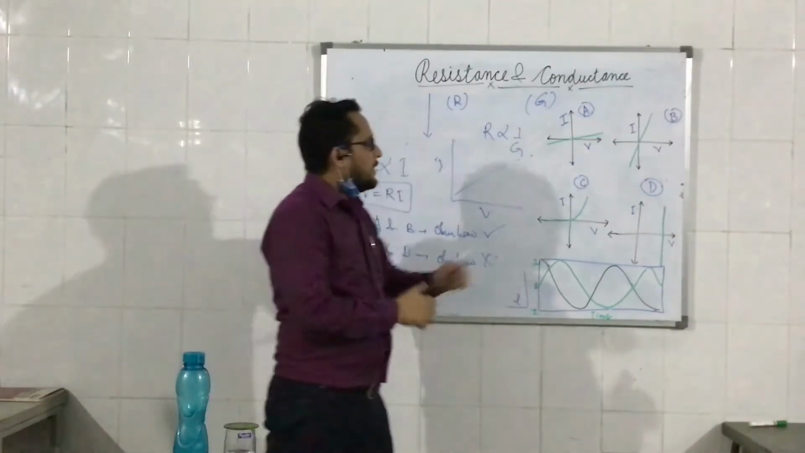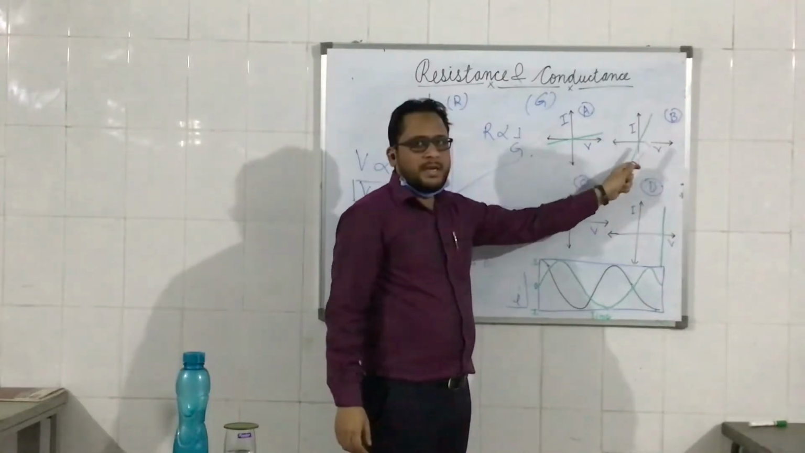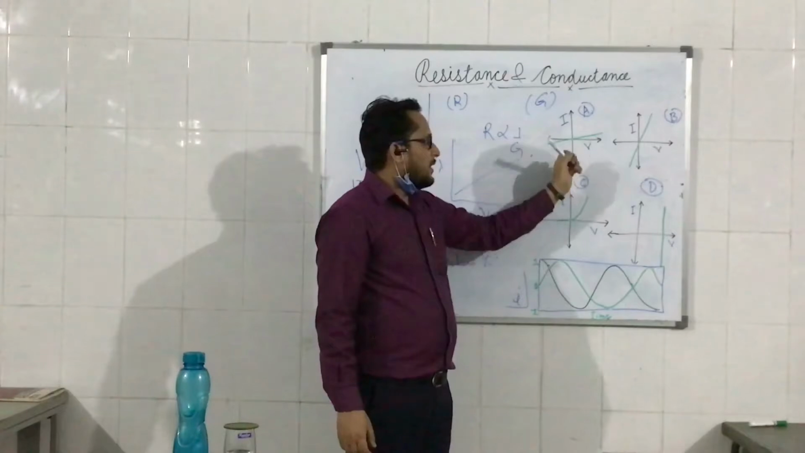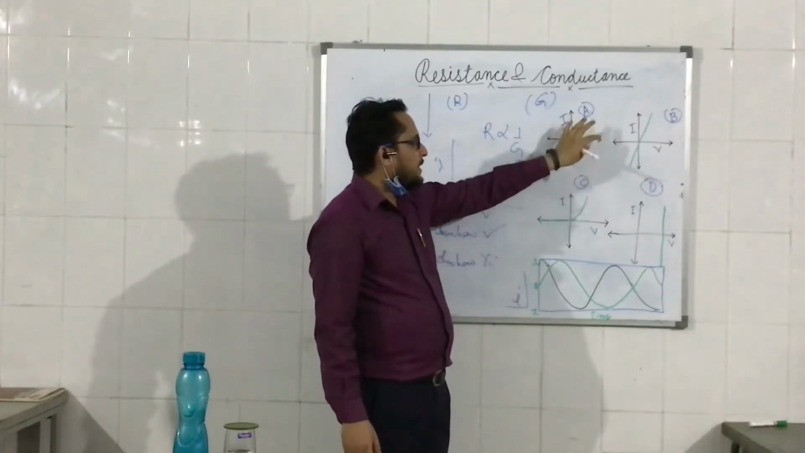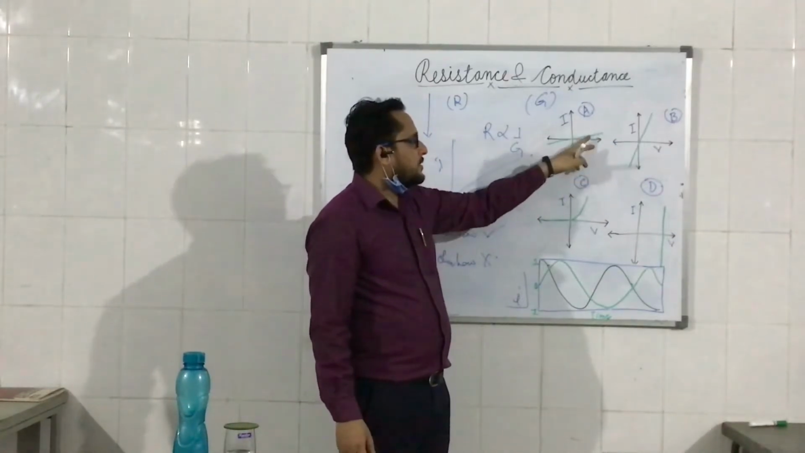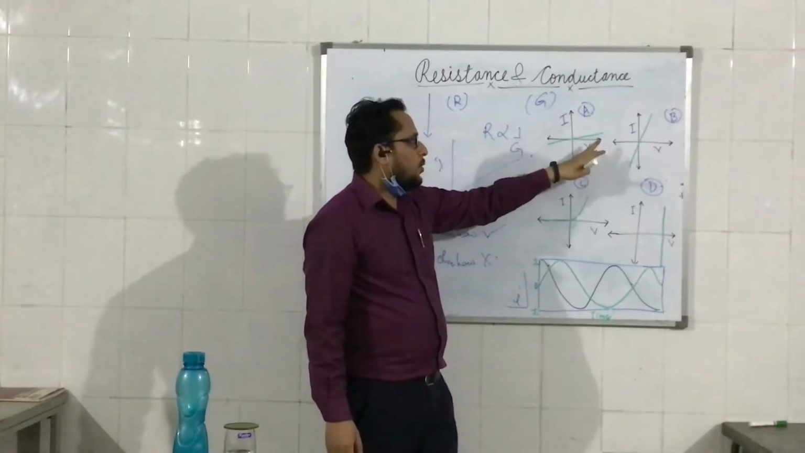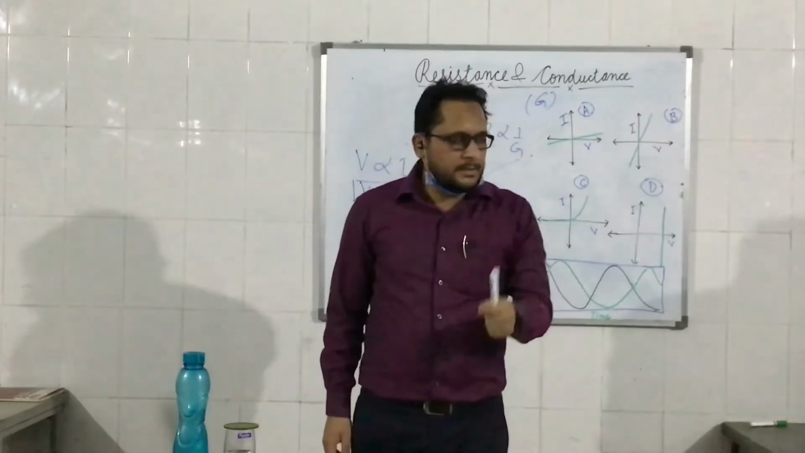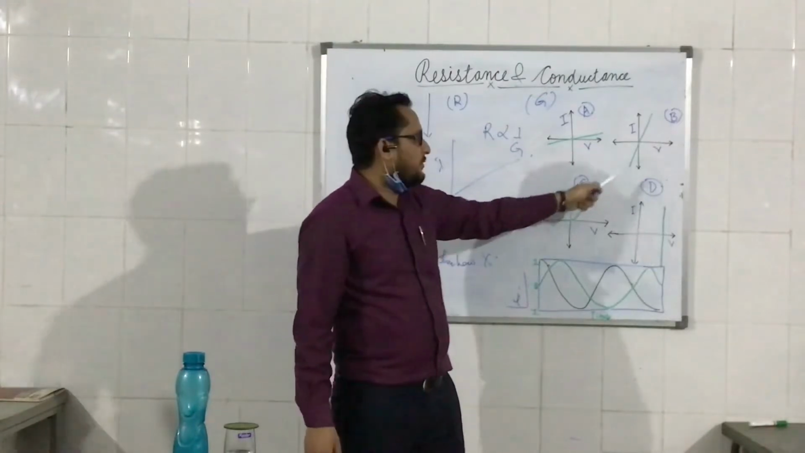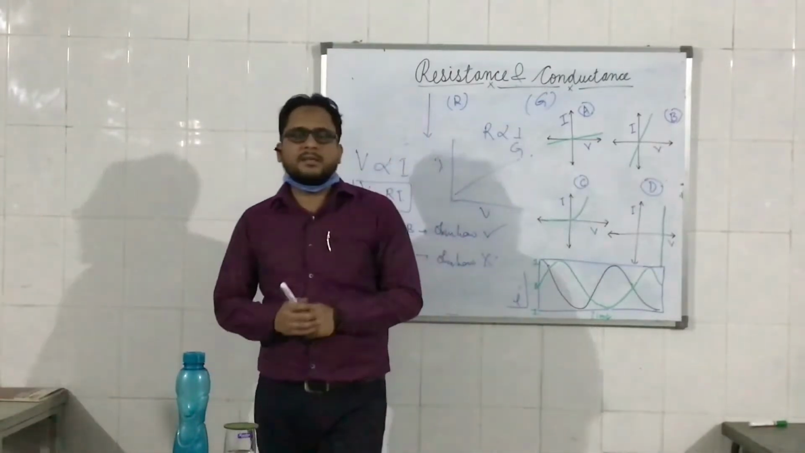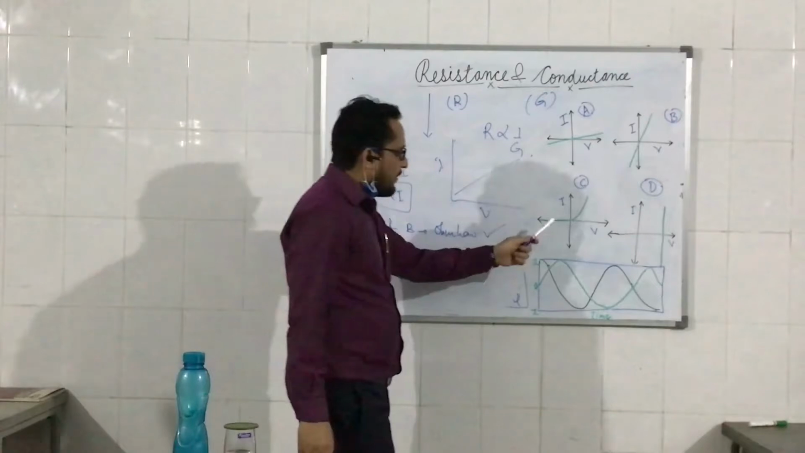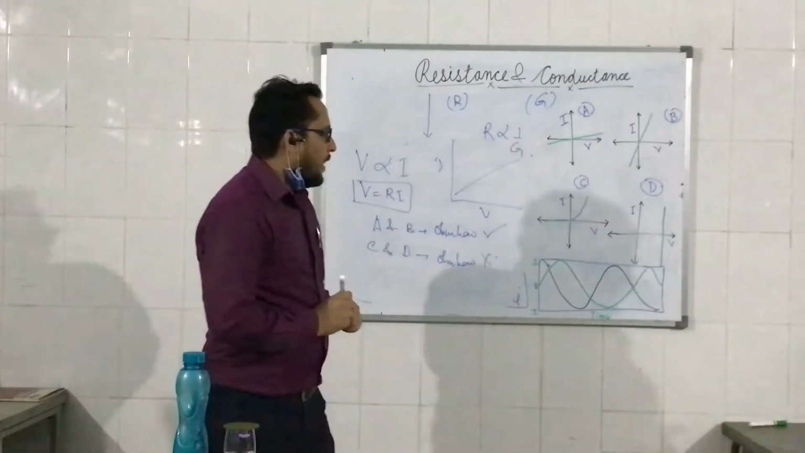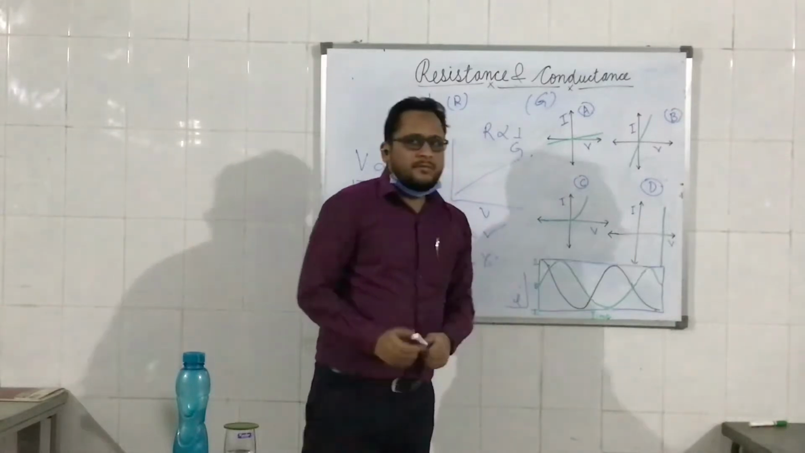Why? Because in both A and B we have straight lines, meaning I and V are proportional to each other. The only difference is in the slope: this shows an extremely large resistance circuit while this is a small resistance circuit. Clear? On the other hand, the graph C represents a typical diode,